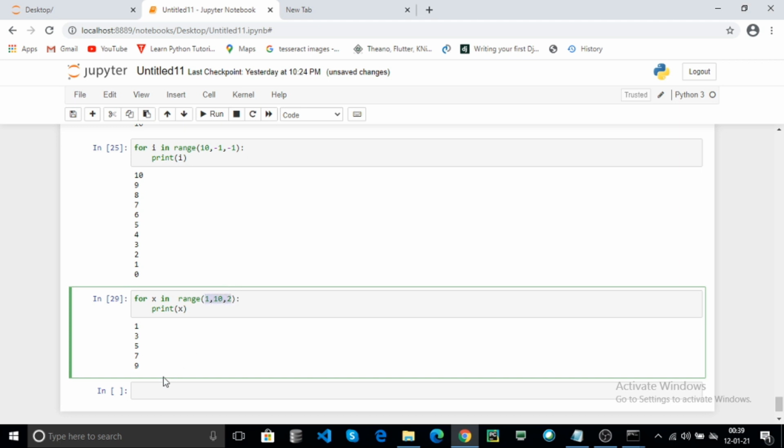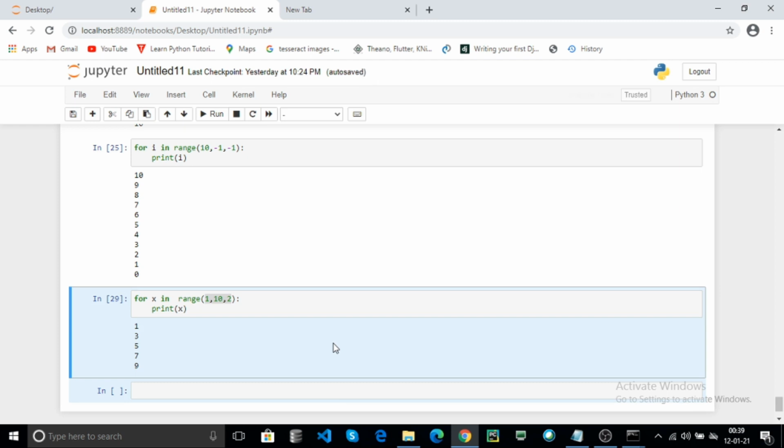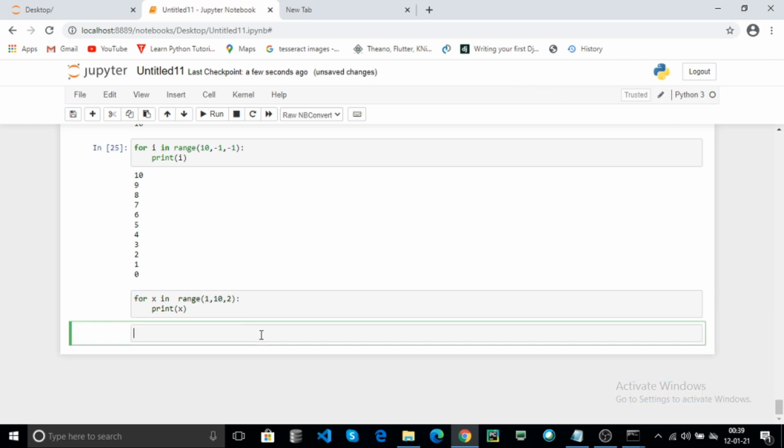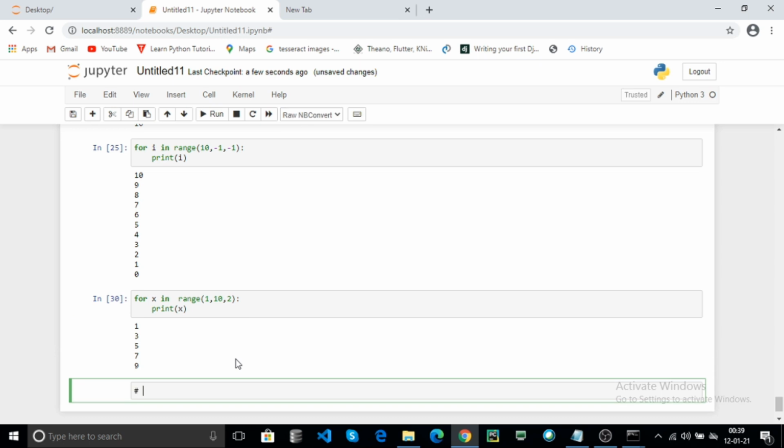Now use the for loop to print a Fibonacci series. What is the Fibonacci series? Each value is the sum of the current value and the value before it.